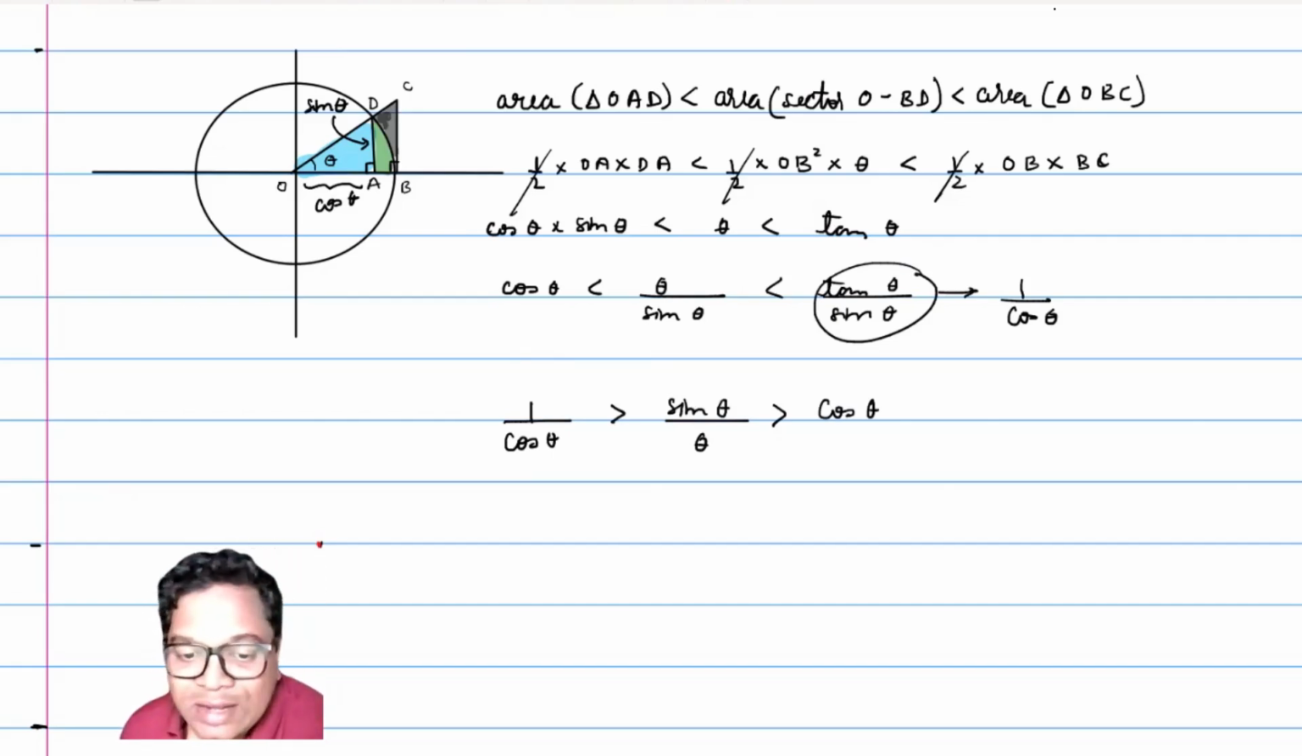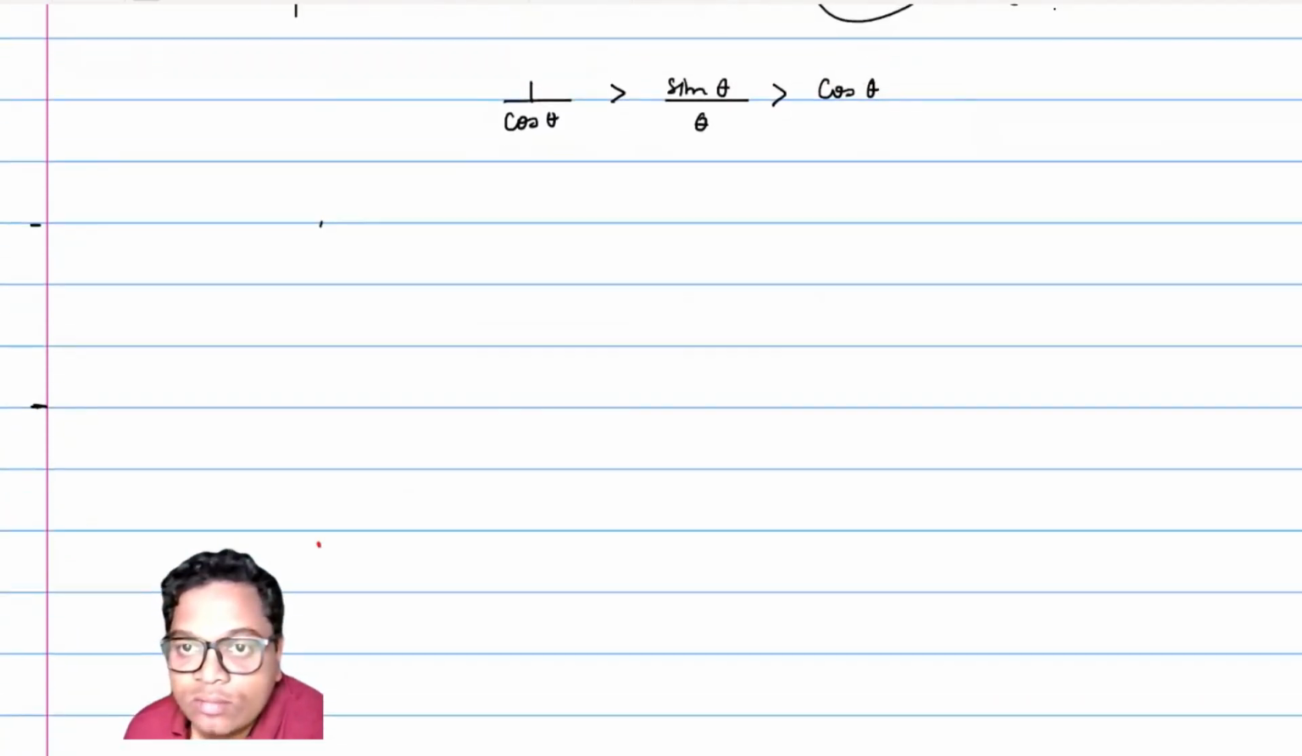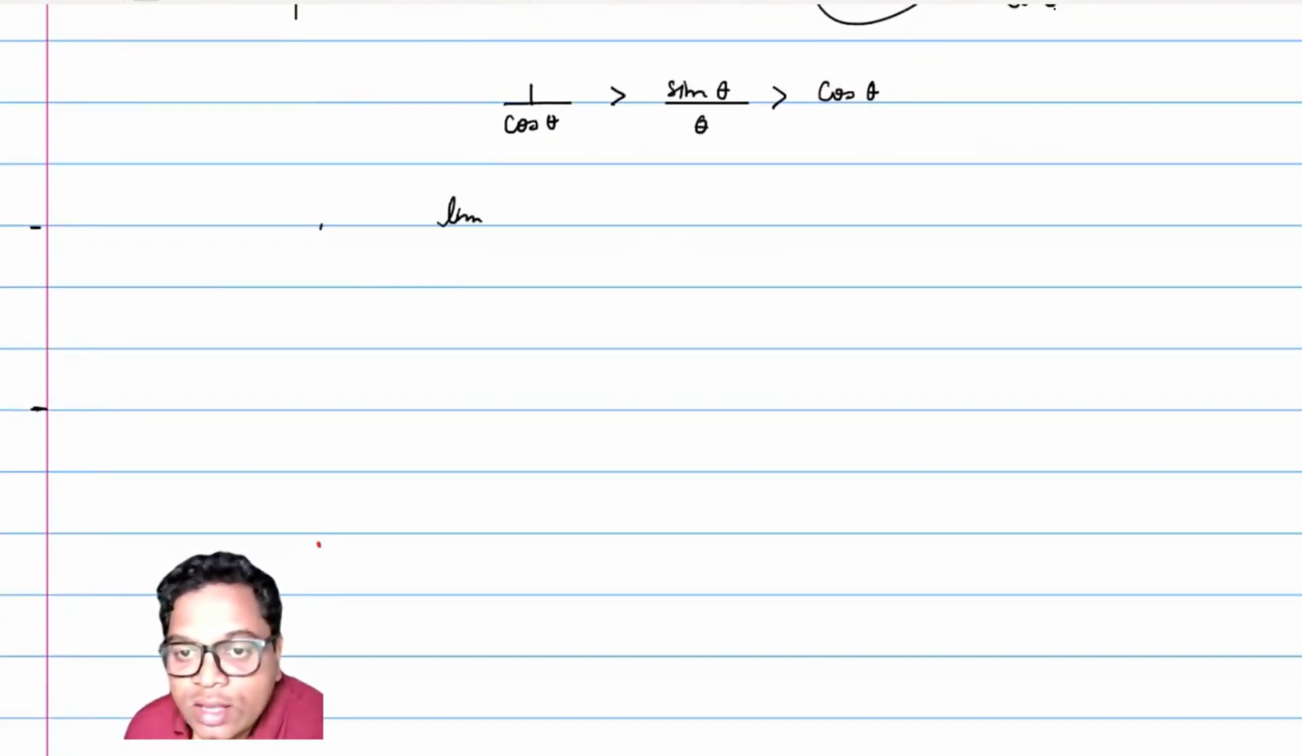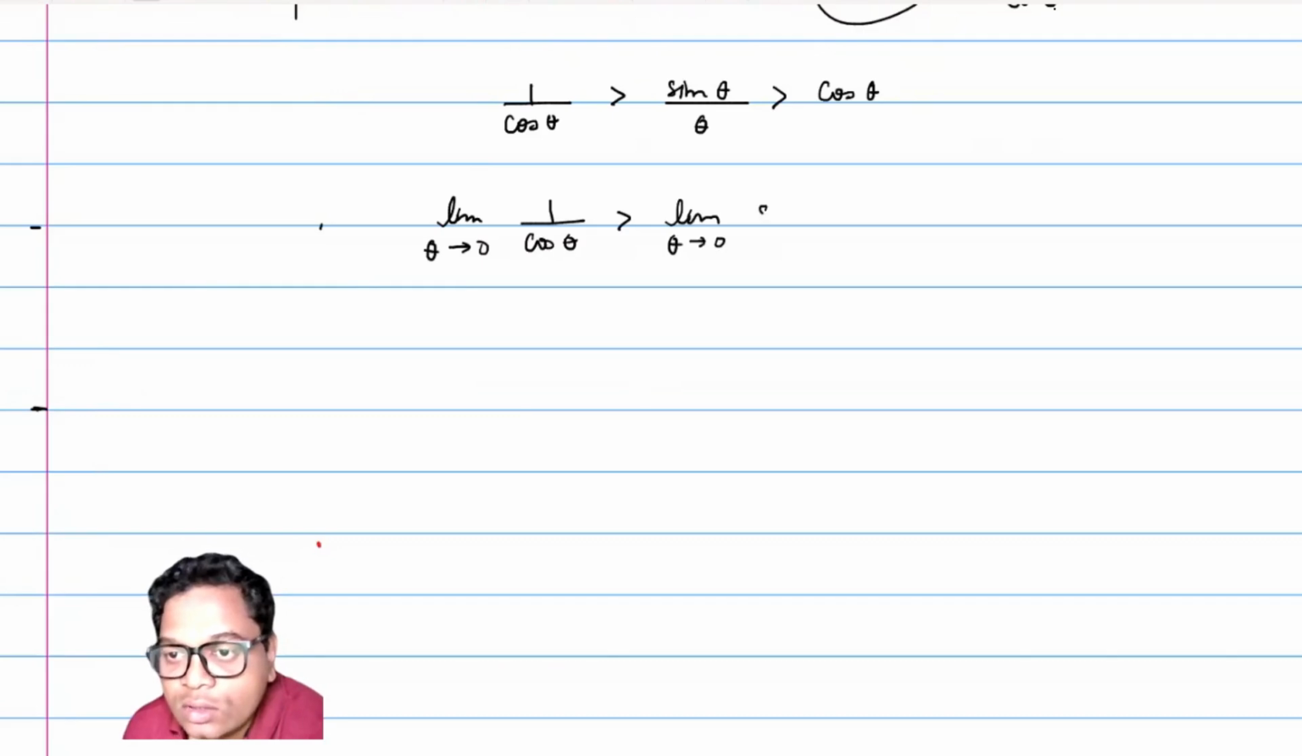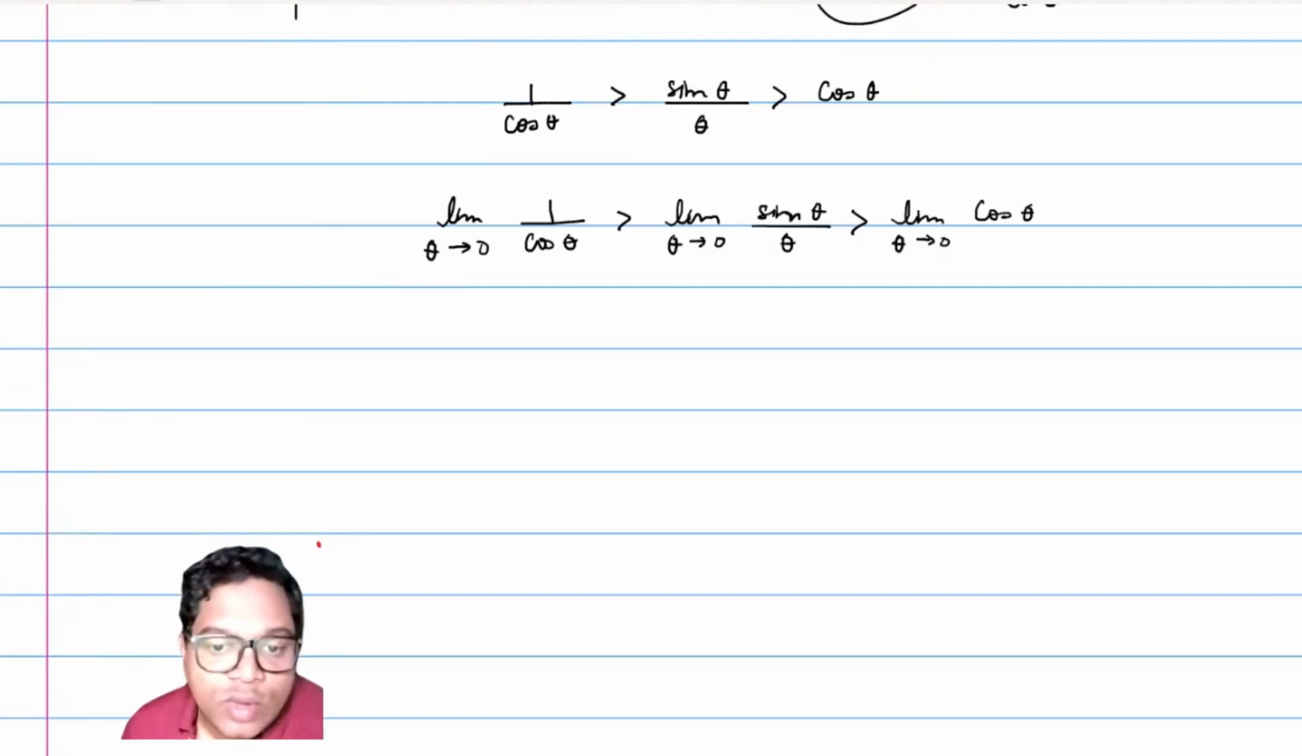The next step in this is taking a limit. So over here, I'm writing this as limit theta tends to 0. This is 1 upon cos. This is sine theta over theta. And this is limit tends to 0, cos theta. Now in this, we are going to use the sandwich theorem, or what is also known as the squeeze theorem. So if we think of functions which are given by this,